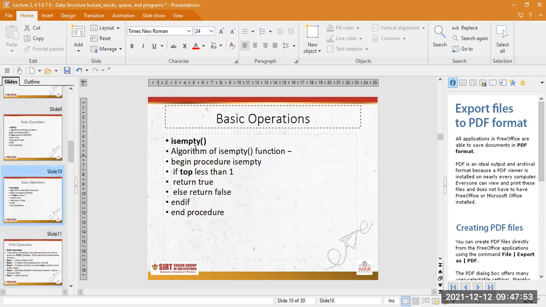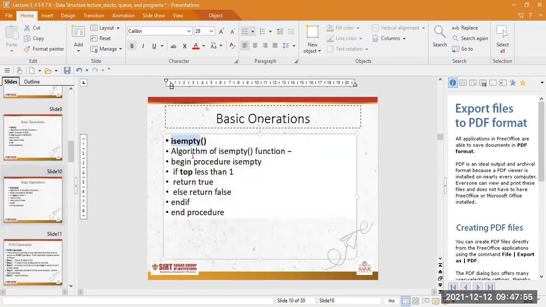Now you are checking is empty. If your stack is empty, you begin the algorithm, you check if top is less than 1, which means it is pointing to the 0th location, or you can say it is pointing to the -1 location. Basically 0 means it is starting from the 0th location. So if it points to the -1 location, where you do not have any element present in the stack, that means your stack is empty. Okay,